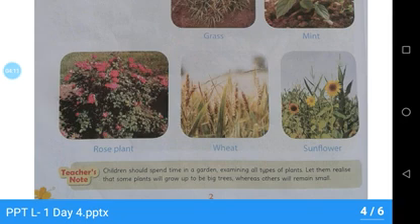Then next is wheat plant. Wheat is a plant which is a cereal. Say children, in our food or day-to-day diet, we use so many food ingredients like pulses, cereals, oil seeds, etc. Now pulses means all dal, and cereals means the seeds which we use to make bhakri, chapati, then rice, etc. Okay. So wheat in Marathi is known as gahu.